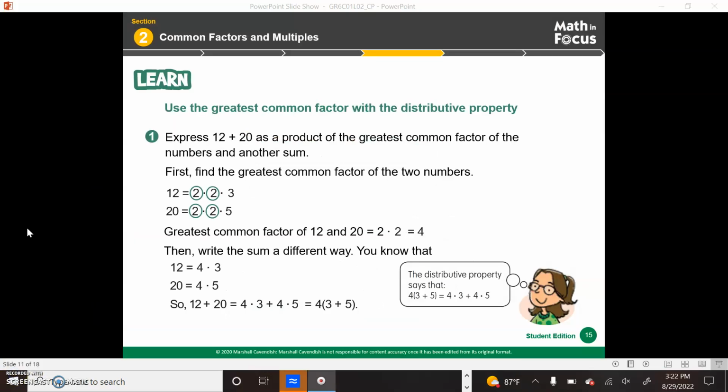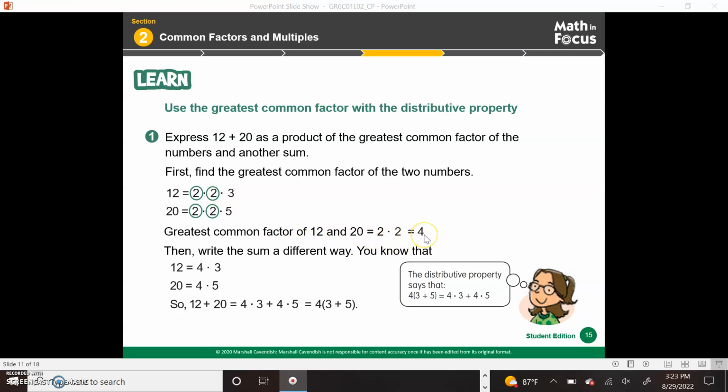Now let's turn to page 15, and it says, use the greatest common factor with the distributive property. It says express 12 plus 20 as a product of the greatest common factor of the numbers and another sum. The first thing you need to do is find the greatest common factor of the two numbers. They showed you a different way to find the greatest common factor than I did, which is fine, but we can see that the greatest common factor of 12 and 20